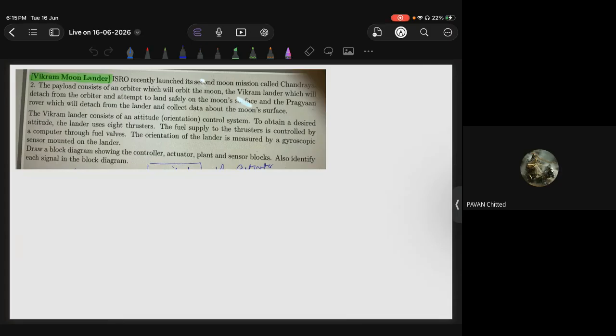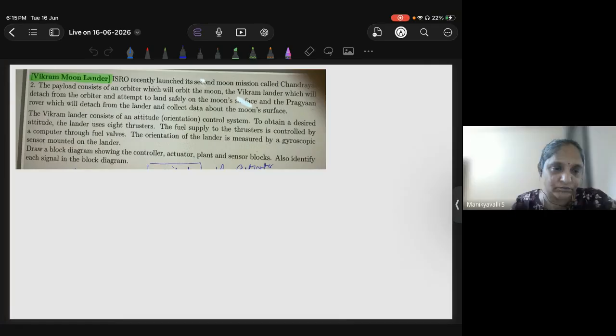Okay, this Chandrayaan 2 mission has an orbiter around the moon. It has this Vikram lander. The Vikram lander has done a smooth landing. Inside this Vikram lander, we have the Pragyan rover, which will detach from the lander, collect the data, and reach the moon surface. So this is about the lander, and this is about the technicality of